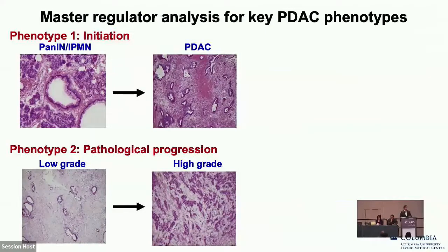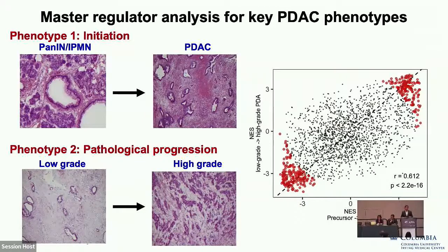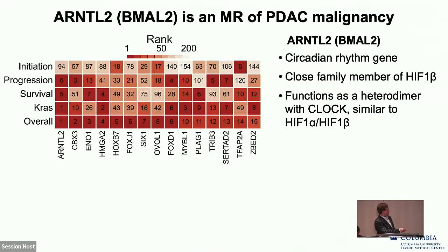What can we find now by looking at these 4 phenotypes? So the transition from precursor to cancer, the transition from low grade to high grade, turns out that the genes that do one are highly correlated with the genes that do the other. So there's some parity of transcription factors that promote or restrain the progression between initiation and progression. Similarly, genes that distinguish tumors with poor survival are enriched in the high grade tumors as opposed to precursors, again, as expected. And then we also have a list that are associated with RAS activity. And when we integrate those 4 lists, put them together, now we have our overall list of master regulators of